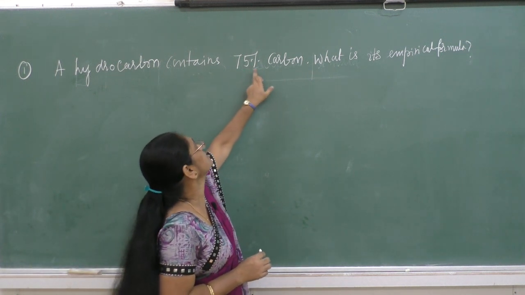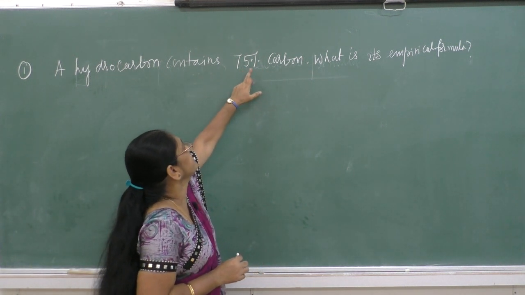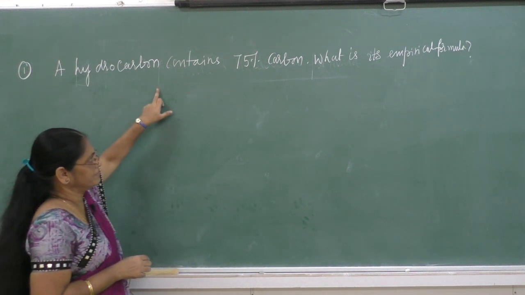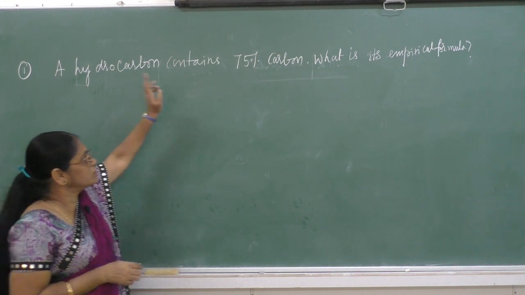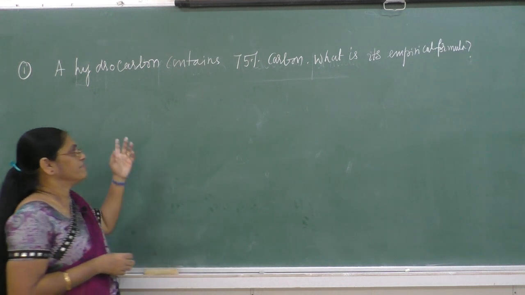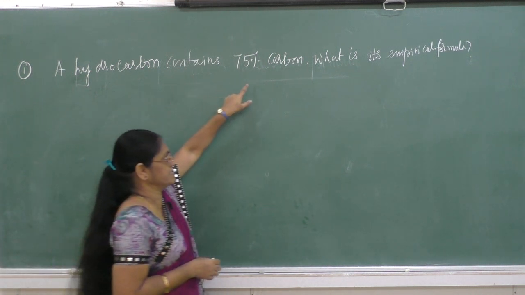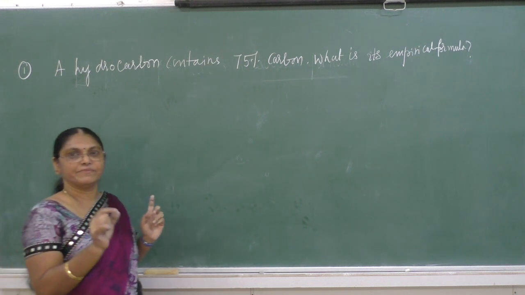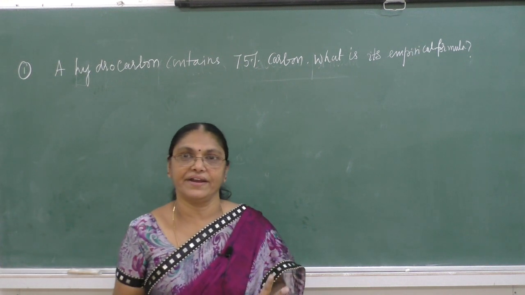Percentage mass of carbon? 75%. But the given compound is hydrocarbon. That means it also contains hydrogen. So therefore the mass is given in terms of percentage. Therefore the total mass of the hydrocarbon is equal to 100. So now